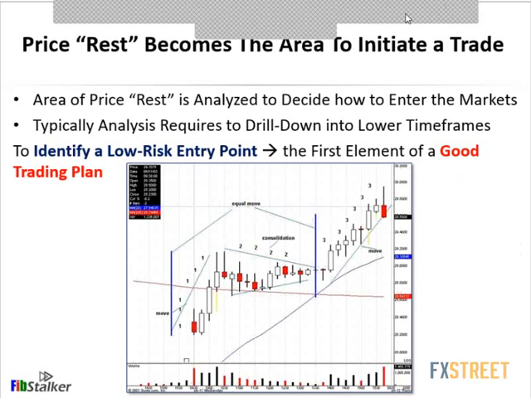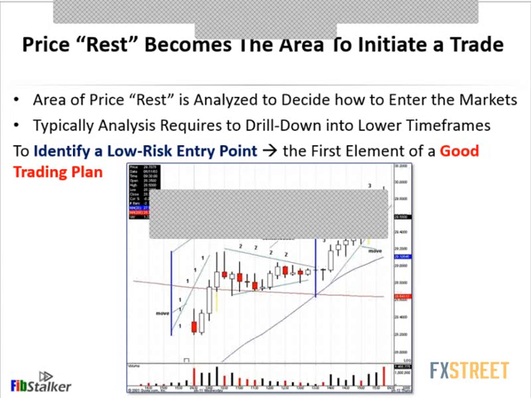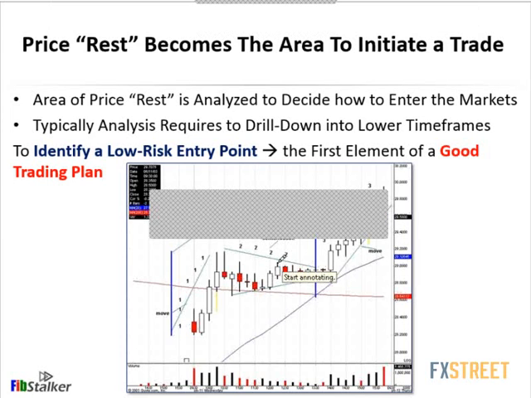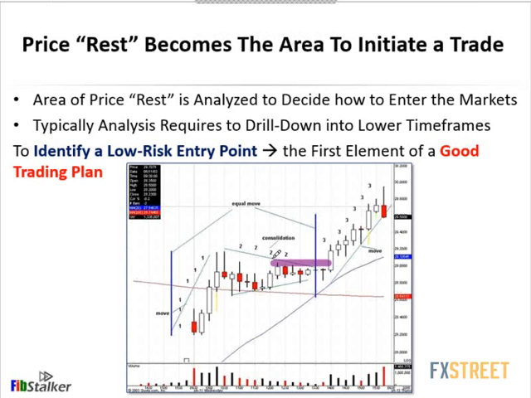Where could be a level where we enter? A level could be, for example, a high in this consolidation, as the triangle here is closing. Now I see it here just above $29. Now, what does that mean? It's just above. It's not deterministic. Just above could be 50 cents above, 10 cents above. This is a stock.